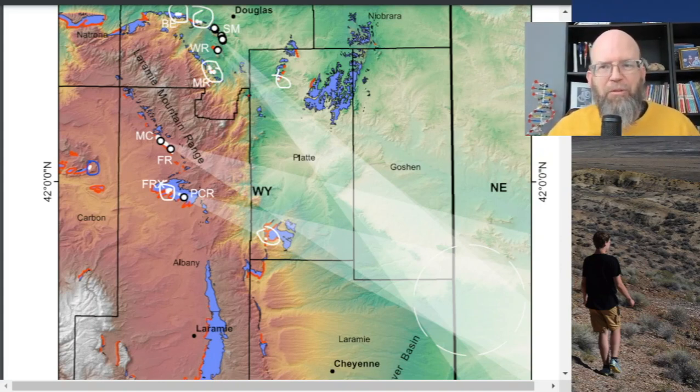And they even hope in the paper that people who drill oil wells and so forth would be willing to share some data, and maybe do their own drilling, maybe drill a little bit deeper, and take a look to see if there are any of the typical signs of the kind of impact things that happen. So you have shock quartz, you might have iridium, you might have various rare earth elements and so forth that would be evidence there was actually a meteorite that vaporized at that particular location. So they're hoping to someday find evidence for that.